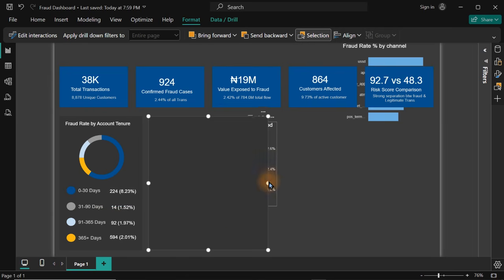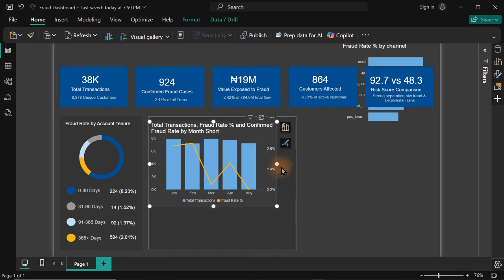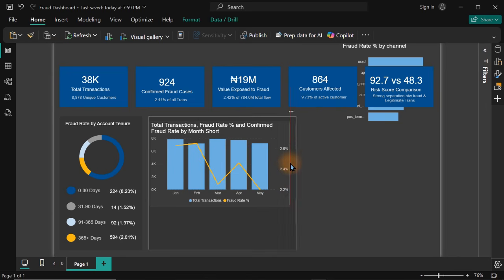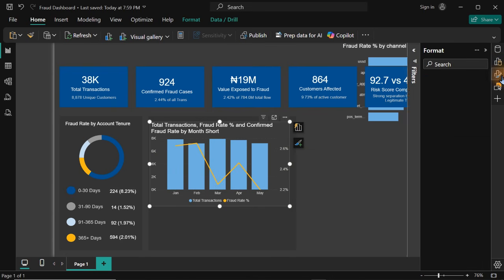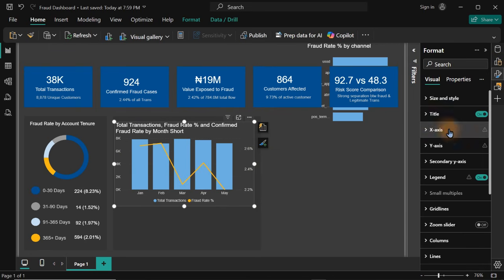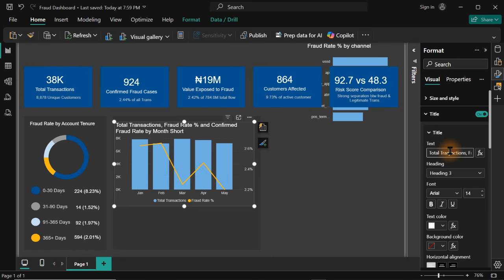So I'm going to widen this a little bit. Then click on this one and widen it up to this level here. So once I've done this now, I have to actually make sure it's not too busy. Once it is too crowded, that is bad. So we have to change what we have right in here. So let's just do monthly